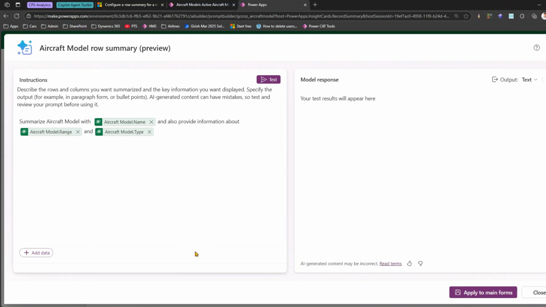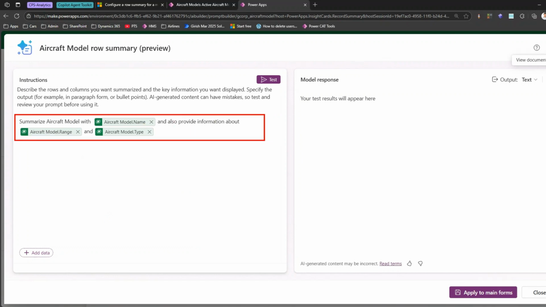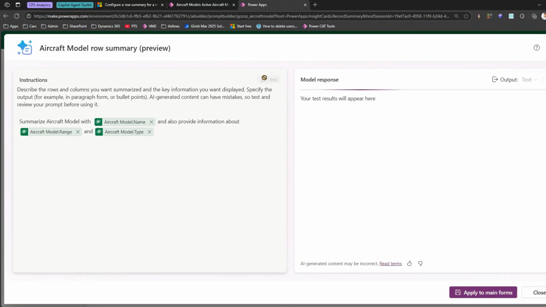Now, for this example, we will just keep it very simple. So what we want, in the summary bar, is summarize aircraft model with the aircraft model name and also provide information about the range and the type. Now let's test this. Once we test this, what Power Apps is going to do is pick up, say, one row from the table and it will give you the response over here. Okay, so if I click on test over here,